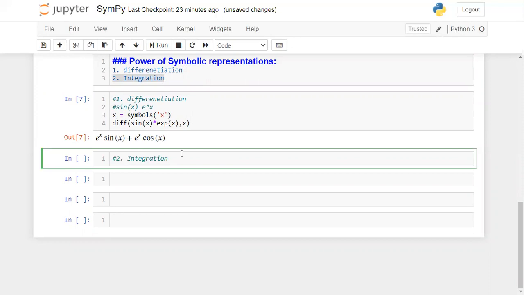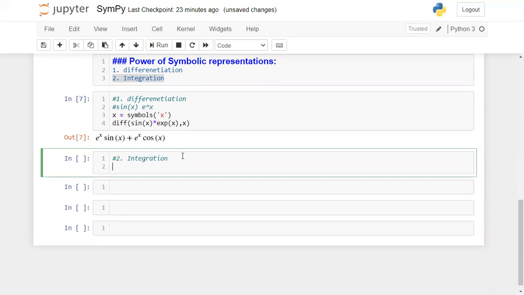First you need to use the function name integrate. Whenever you want to find the integration of any function, you need to use the function integrate. For differentiation, the function name is diff. Here I want to find the integration of e power x sin x plus e power x cos x.